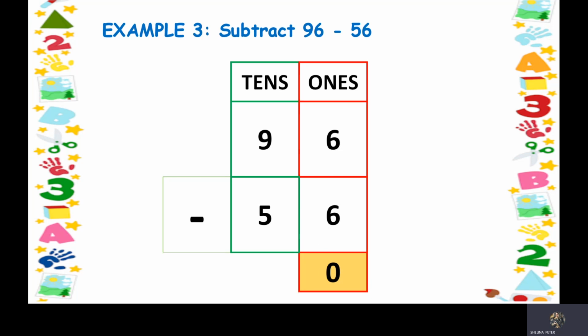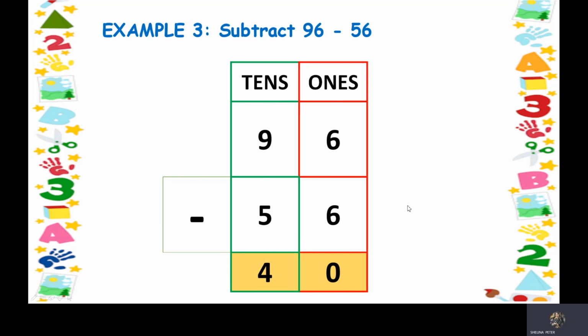So remember, whenever you have the same numbers and you want to subtract those same numbers, you will always get 0. Now let us go to tens column. We have 9 and 5 here. So keep 9 in your mind, take out 5 fingers and count backward from 9. So we'll get 8, 7, 6, 5 and 4. So the answer will be 4. And the final answer will be 40.